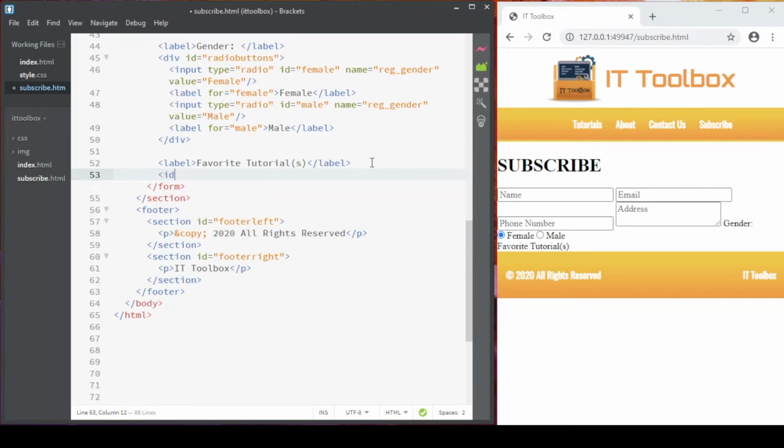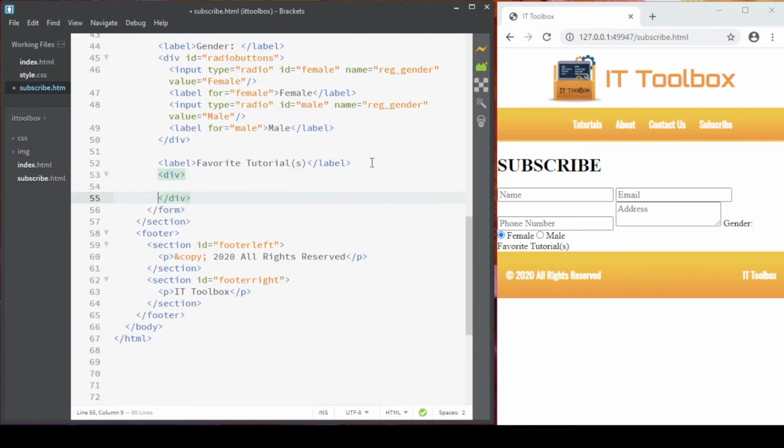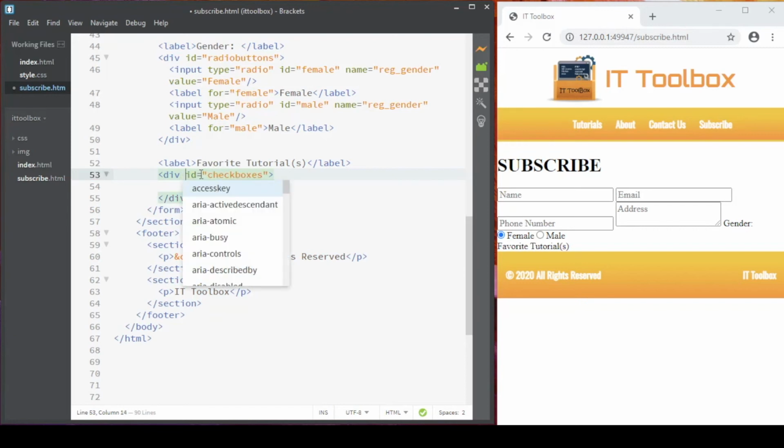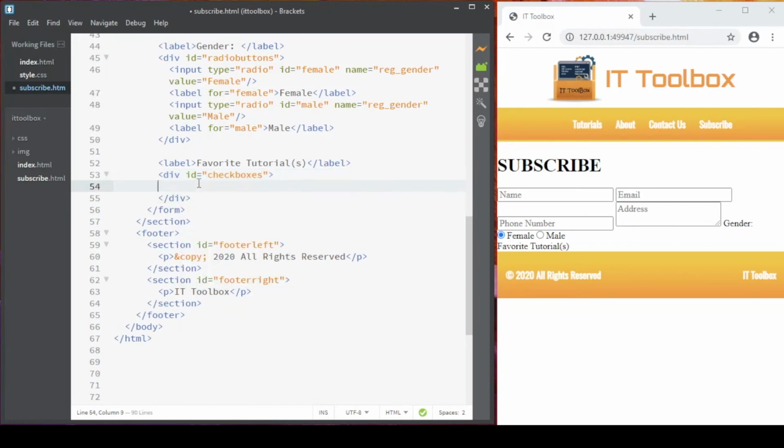And then after the label, let's add another div with an ID of checkboxes. Oops, wait. Sumobra yung equal sign ko. So ID equal to checkboxes, and then inside this div,